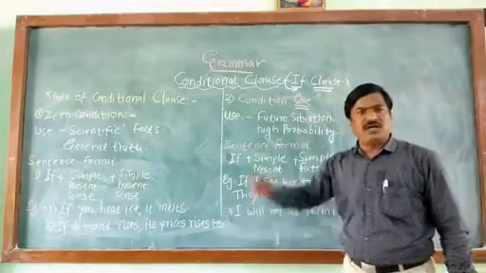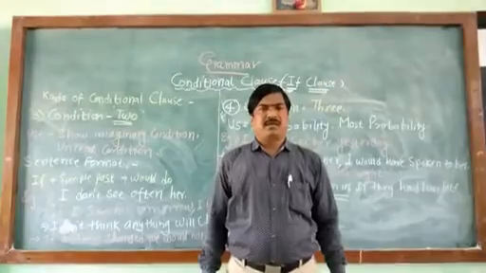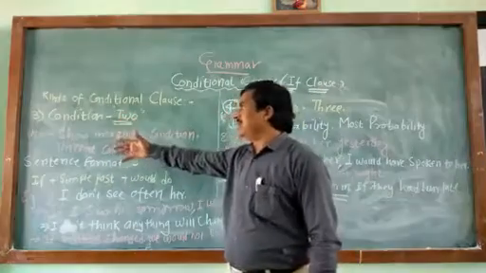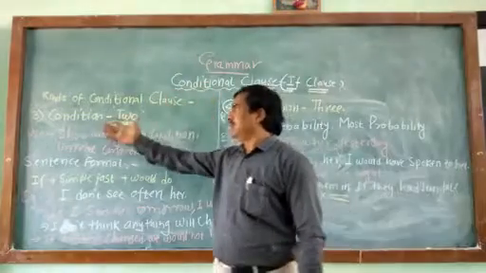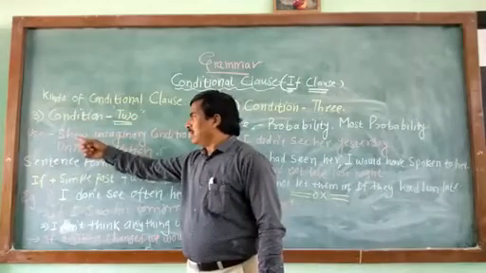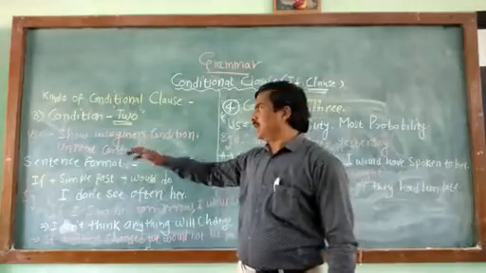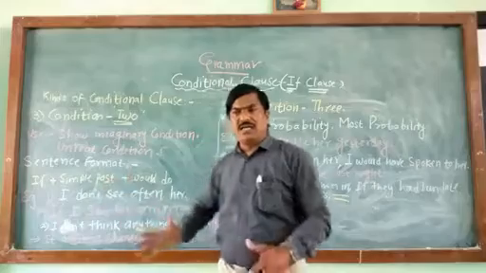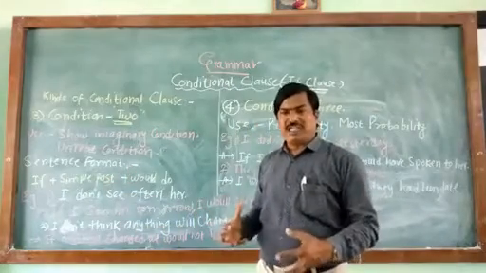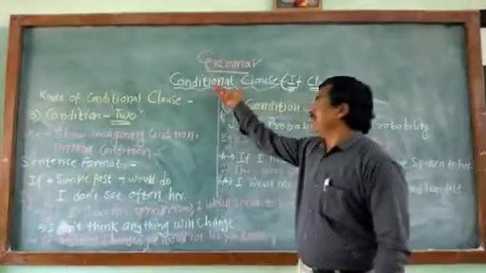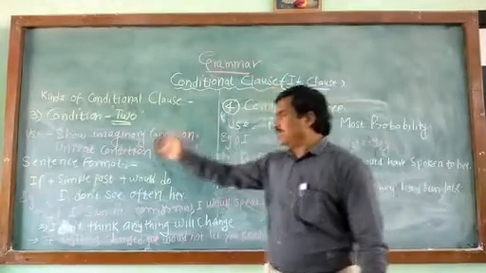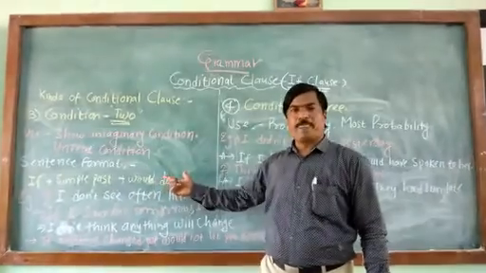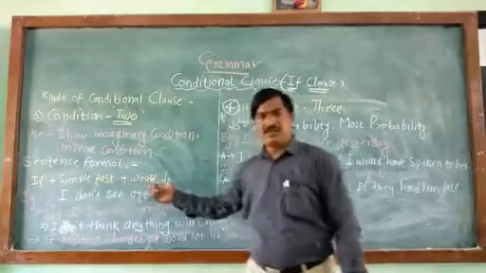Now we will turn over to the third kind of the conditional clause, that is condition 2. See the use of this condition. This is used to show an imaginary condition, an unreal condition, the condition which is not true. We will explain this condition with the conditional clause with the help of if. See the sentence format: if plus simple past plus would do.